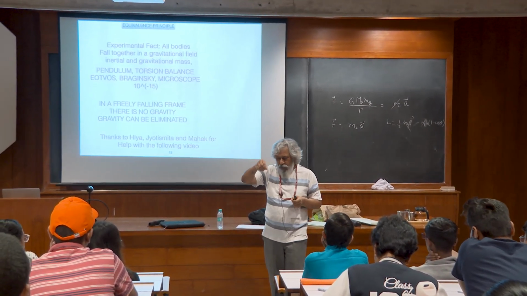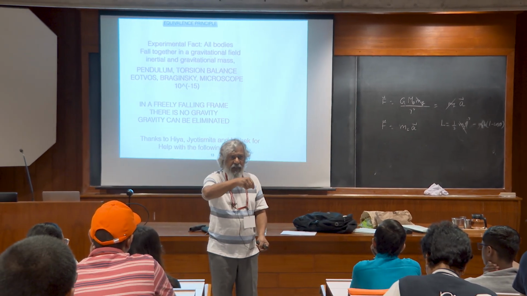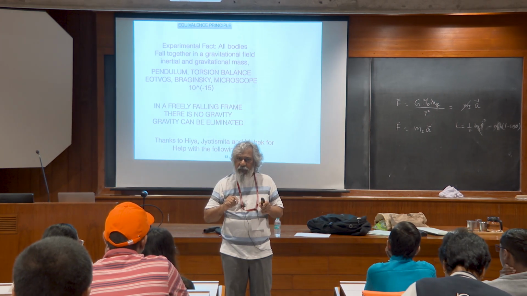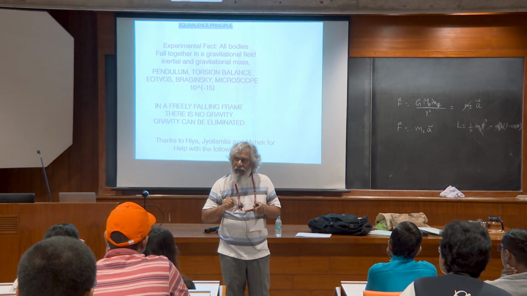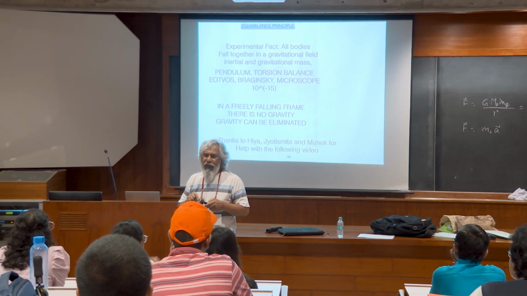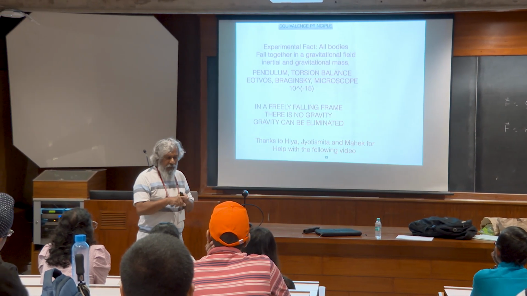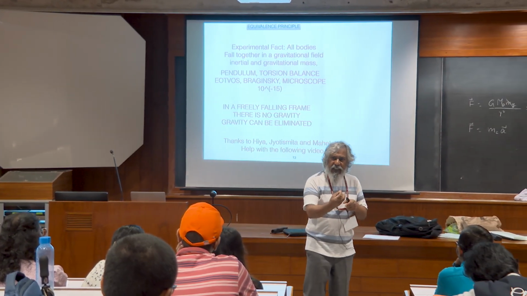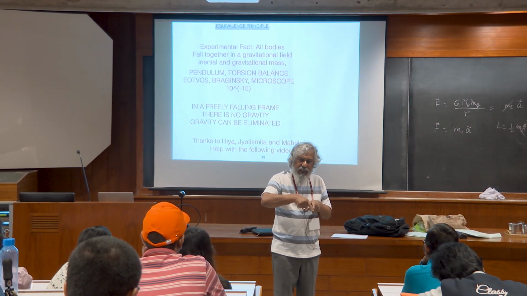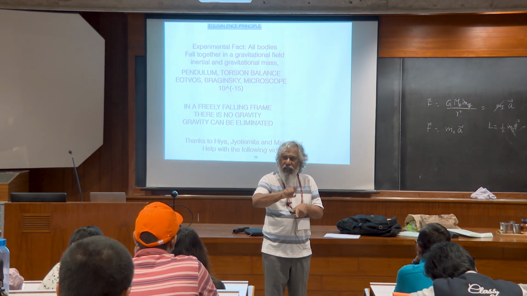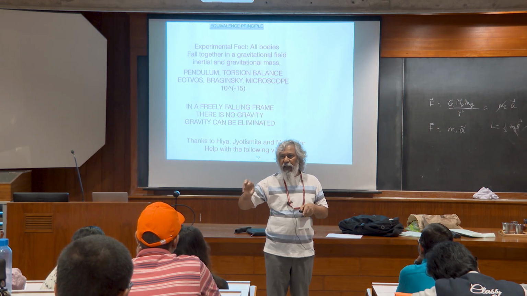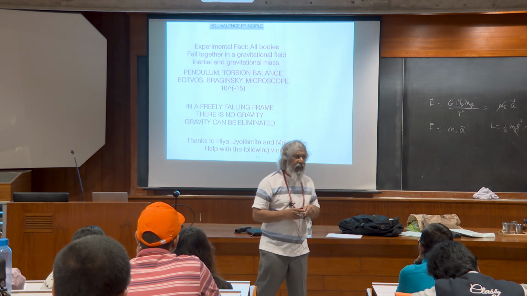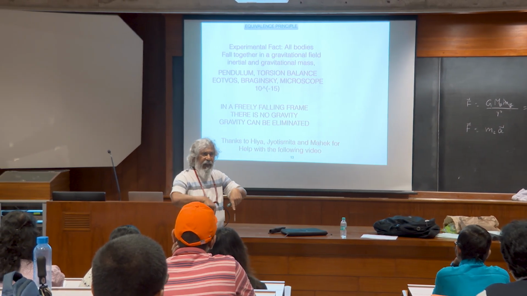There's another idea called the torsion balance, which is, we start with the plumb line. The principle of equivalence also tells me if I make a plumb line made of lead and if I make a plumb line made of gold, they will hang in exactly the same way. Right? Why is that? See, what it has to do with the principle of equivalence is that because of the Earth's rotation, there's an effective gravitational field which actually makes, if the two were different, it would make one go in a slightly different direction from the other. Because the inertial mass is what comes in the centrifugal force. It's the gravitational mass which comes in the gravitational force. Right? So two plumb lines would go in slightly different directions.